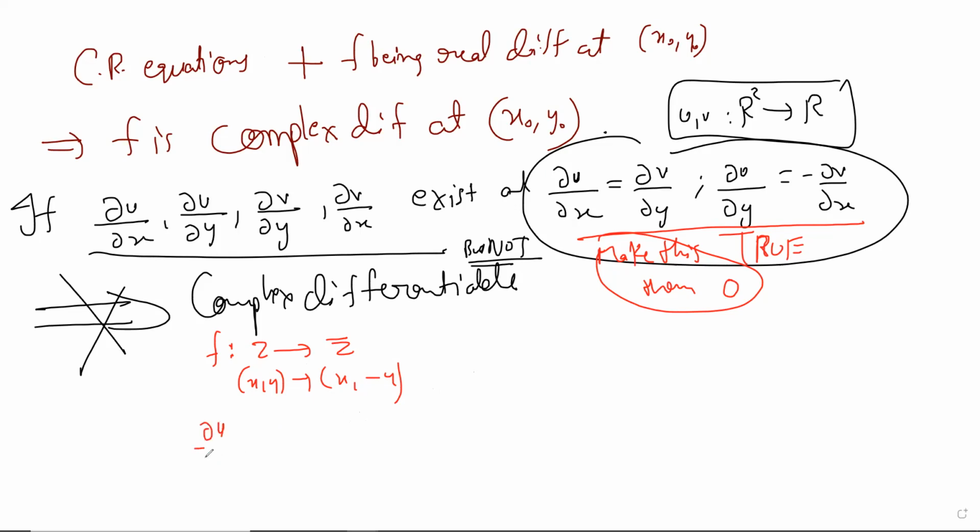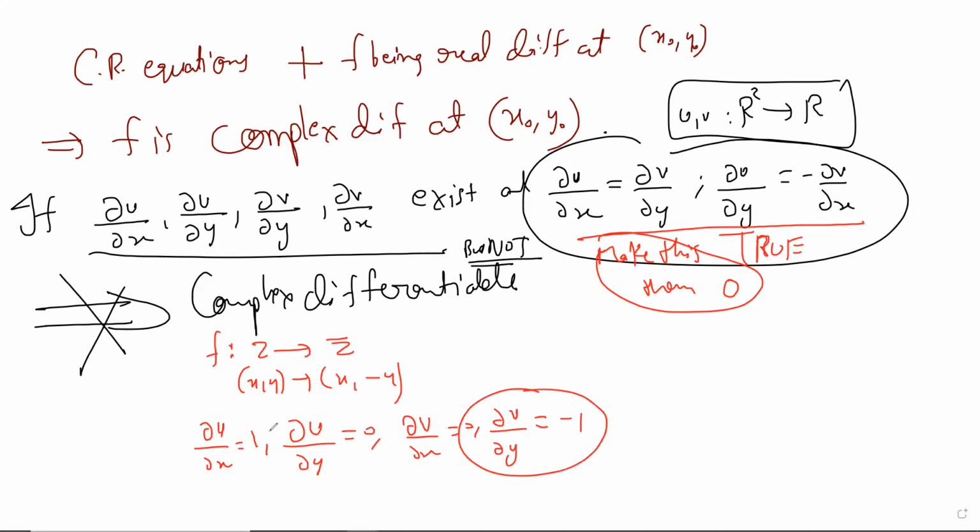So we can just check it again. This, u with respect to x, is 1, and u with respect to y is obviously 0. And v with respect to x is 0, but v with respect to y is -1. So we want del u by del x to be equal to del v by del y, so that is not happening. And del u by del y and del v by del x are matching, but these two are not matching. So how could you make it match? So maybe for that,